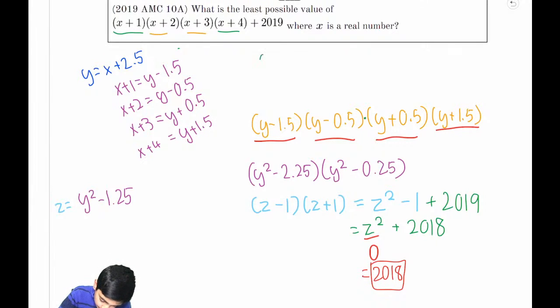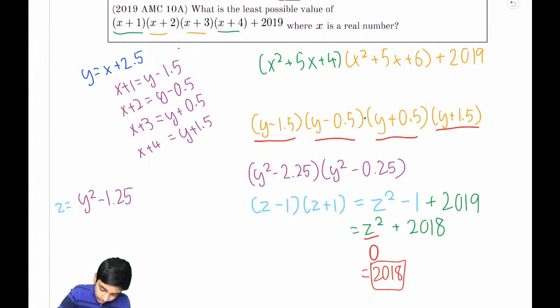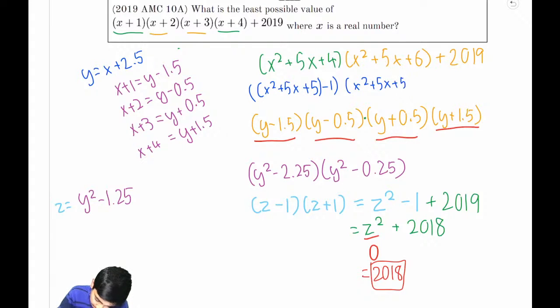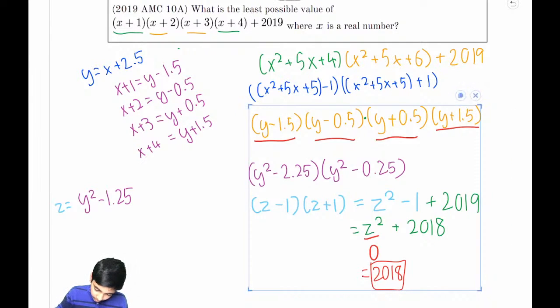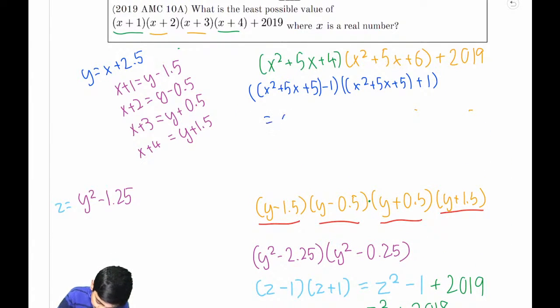The green terms have a product of x squared plus 5x plus 4. The orange terms have a product of x squared plus 5x plus 6, plus 2019. And then you can use difference of squares to get x squared plus 5x plus 5 minus 1 times x squared plus 5x plus 5 plus 1. And then let's just move this down. Then we can use difference of squares here to get x squared plus 5x plus 5 squared